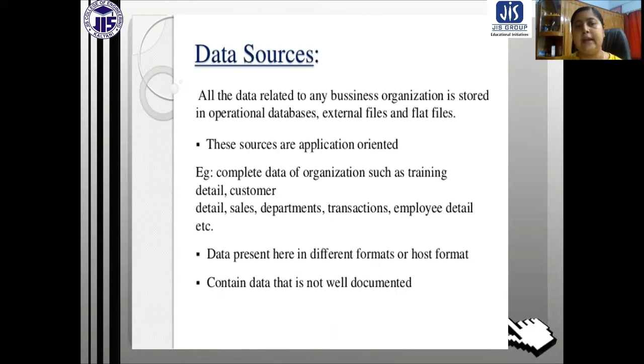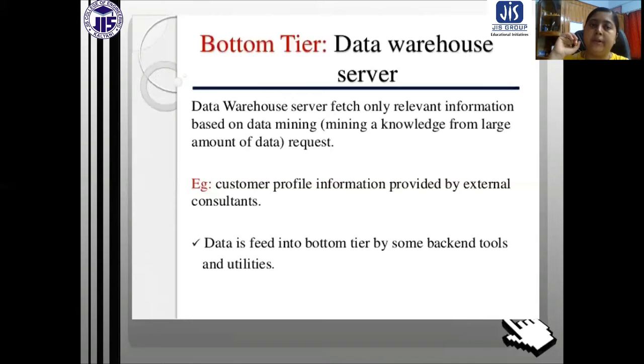The complete data of the organization may be training details, customer details, or sales department data, depending on the type of organization and the type of data it produces. The data is present in different formats, and the data sources are not well documented. So in the bottom tier, the data sources come.